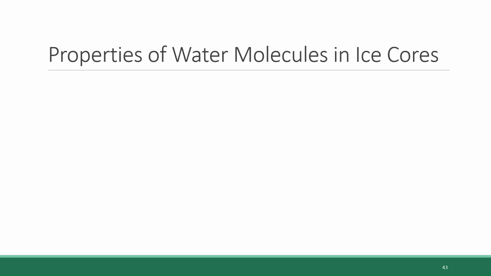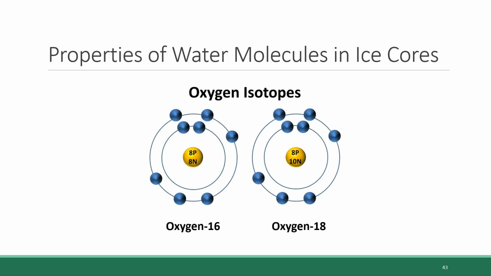You may remember from chapter 2 that isotopes are variations of an element that have the same number of protons but have different numbers of neutrons. So, in the case of oxygen, which is one component of water, H2O, there are two oxygen isotopes that bring about different weights in water molecules. Oxygen 16 is an oxygen atom containing 8 protons and 8 neutrons, and you add them together and you get 16. And then oxygen 18 is an oxygen atom containing 8 protons and 10 neutrons. So oxygen 18 is a bit heavier than oxygen 16.